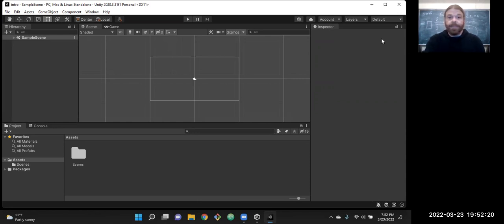So the basic parts here in our default layout: we have the hierarchy window open. That's the tree showing us everything that's in our scene. Right now, our scene includes a camera, so we'll have to put some more stuff in there. But as we add more game objects, backgrounds, audio files, all that stuff, it'll show in our hierarchy. That's how it shows the connection between everything.